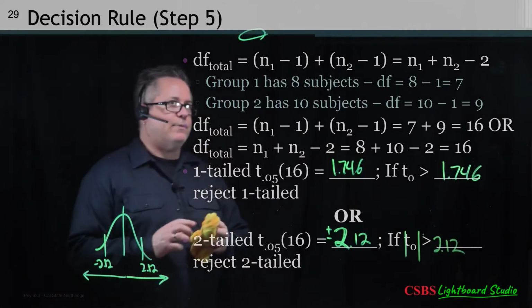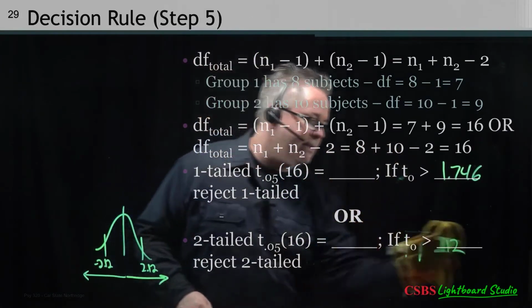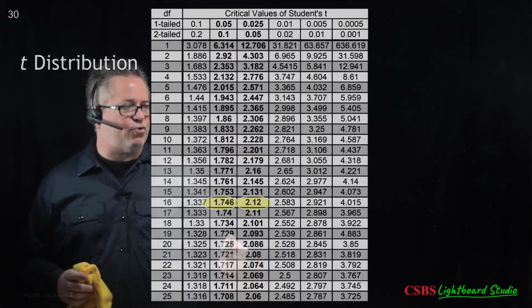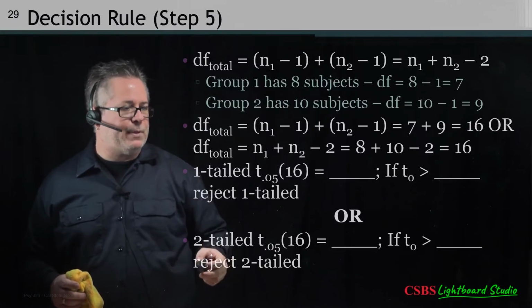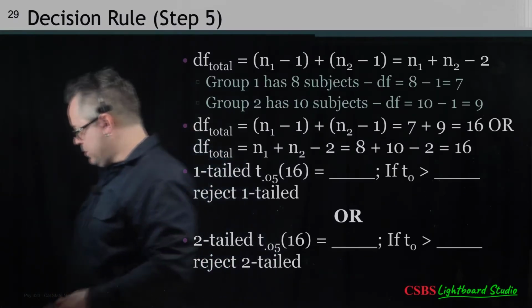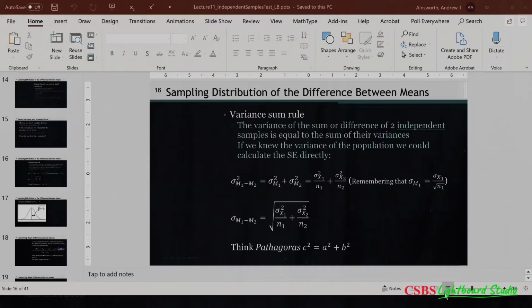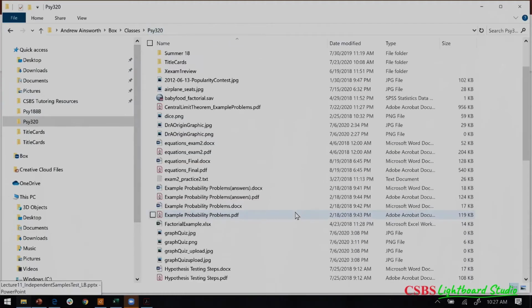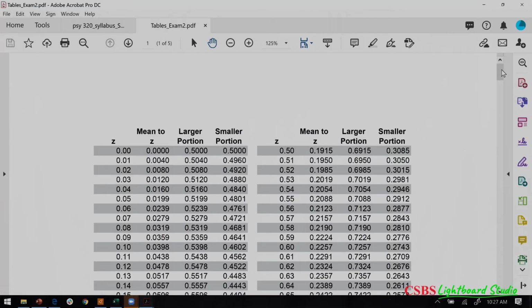Just for the sake of completeness, let's look at the actual t table that you have on Canvas. This table is a truncated, small version. It only goes to 25 or whatever, and the values look a little different. Let's look at what it might look like if we went to the full t table and check to see if we're getting similar results. I think I have the tables down here somewhere. Okay, so if I go down to my t table